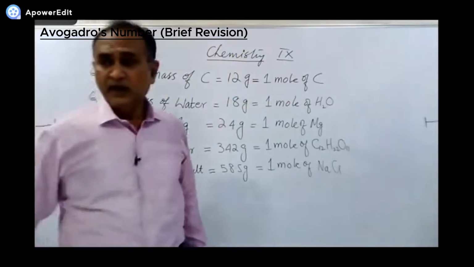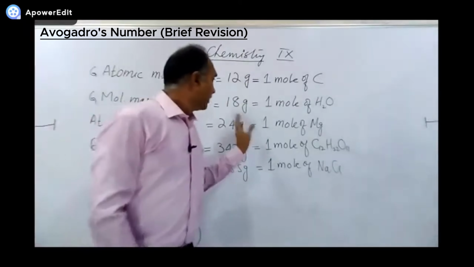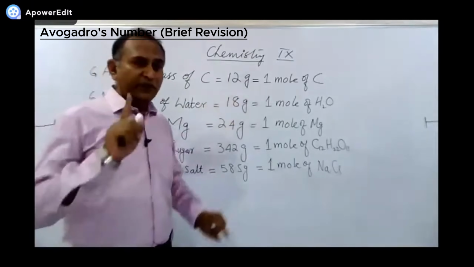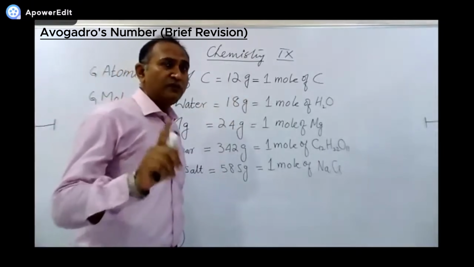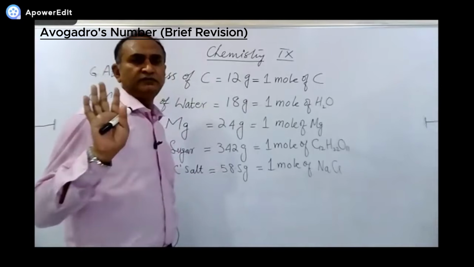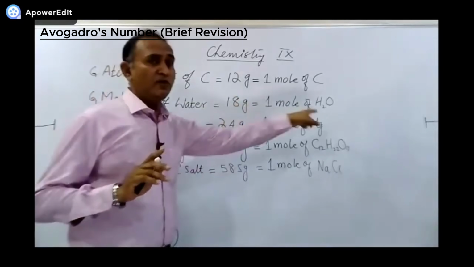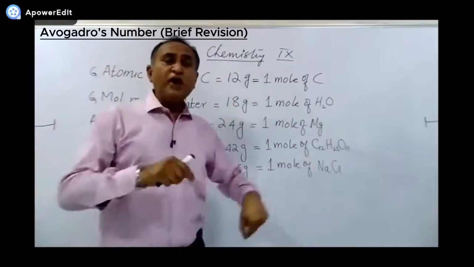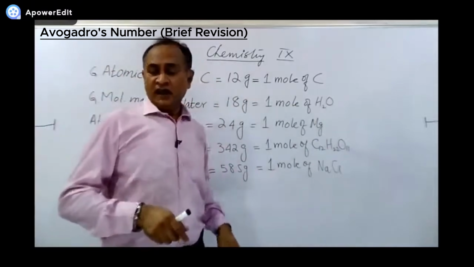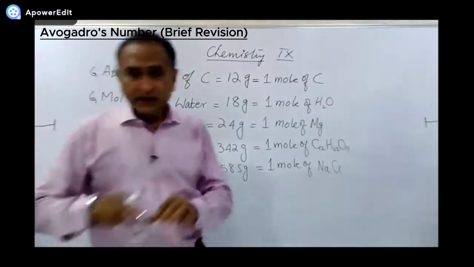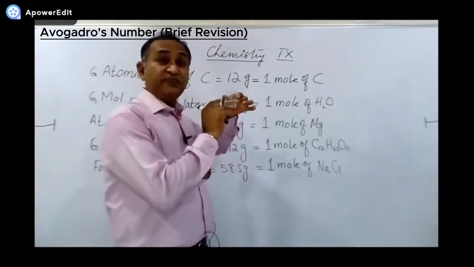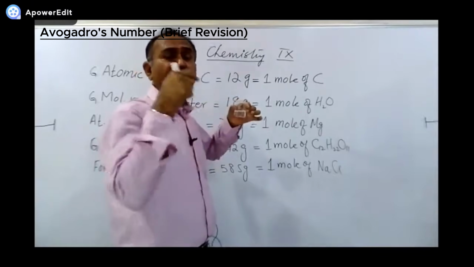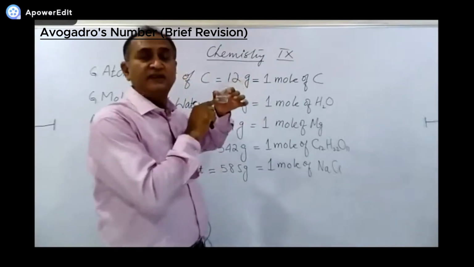So here we focus that first thing, the value of 1 mole is not fixed. 1 mole of carbon means 12 gram, 1 mole of water means 18 gram, 1 mole of sugar means this. What is the point here? If we start counting, this is 1 mole of water means 18 gram of water. If we start counting how many water molecules are present in it,